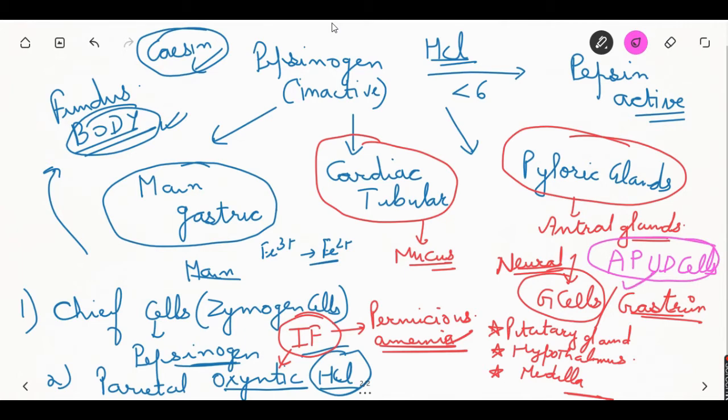What is the function of gastrin? It stimulates gastric acid and pepsin secretion. Second, it stimulates gastric motility, so it causes contraction of the esophageal sphincter. Third, it has a feeble effect on contraction of the gallbladder. It stimulates insulin and glucagon secretion. Also, it stimulates the growth of the mucosa of the stomach, so it has a trophic effect. Remember, for your exam, in pernicious anemia the gastrin secretion is elevated because of atrophy of the gastric mucosa.